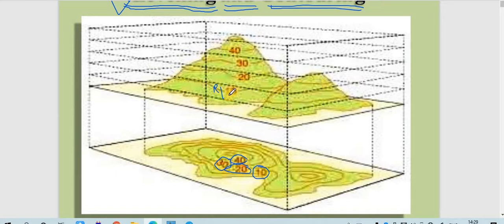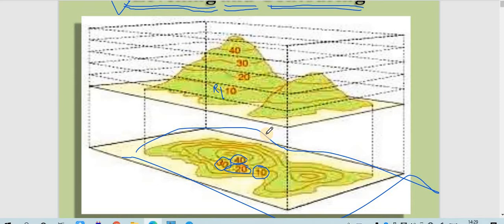As you can see, the 10-meter level is below, then there is the 20-meter level, then the 30-meter level, then the 40-meter level. By drawing this on a sheet, we can identify that this ground is undulated, whether it has a hill or a valley. By these levels we can find out the condition of a particular ground, and we can use it for our purpose.